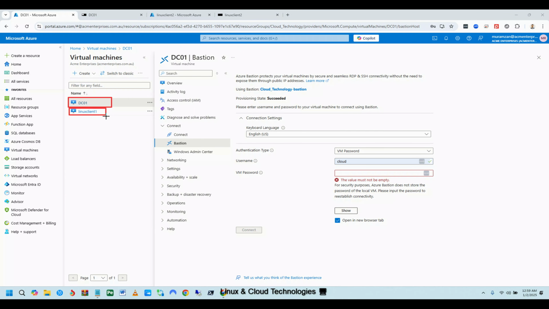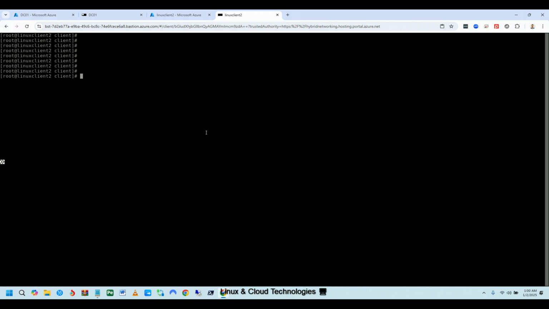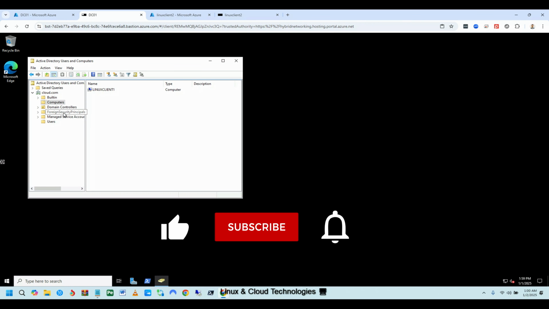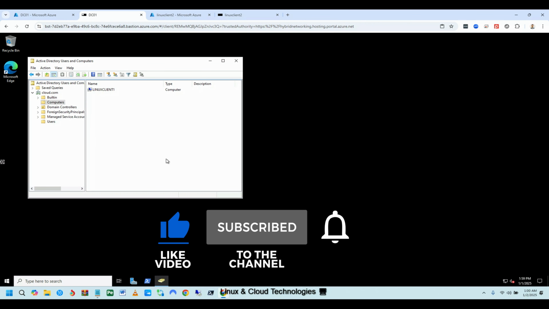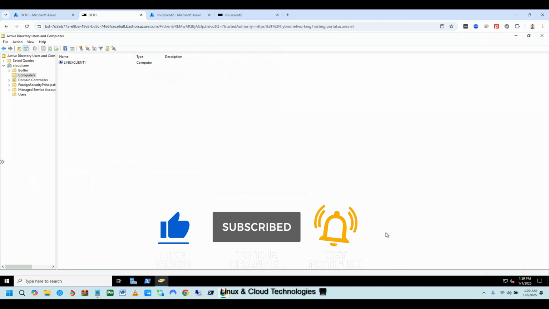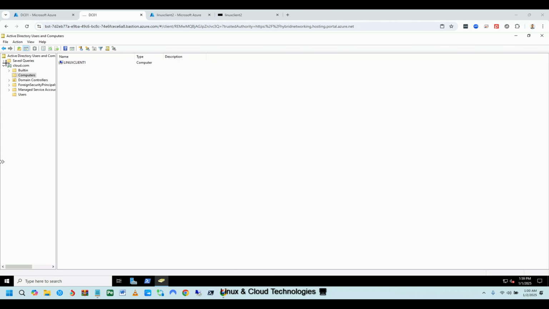Now this is our one Linux VM, which is Linux client 1, and it's linked to the Bastion network which we can use. Just coming back to here now, this is another Linux client 2 VM which we are going to join with the domain, which is here. The domain name is cloud.com. Let me just expand it. So this is the domain name cloud.com, and at the moment there's only one Linux client 1 connected,